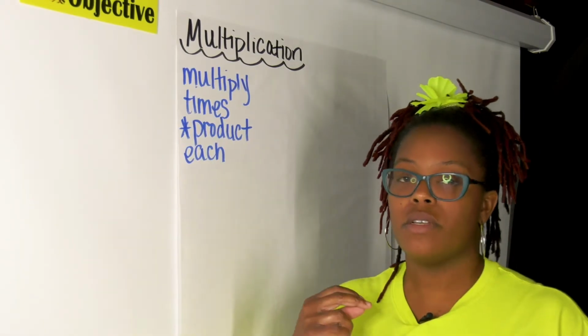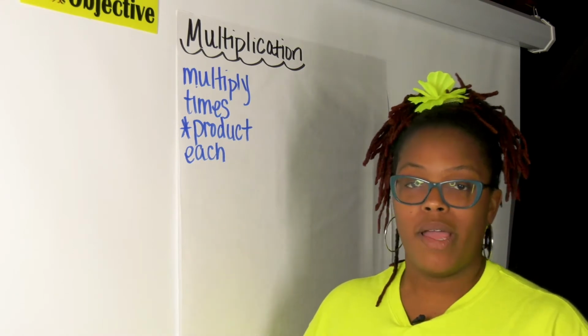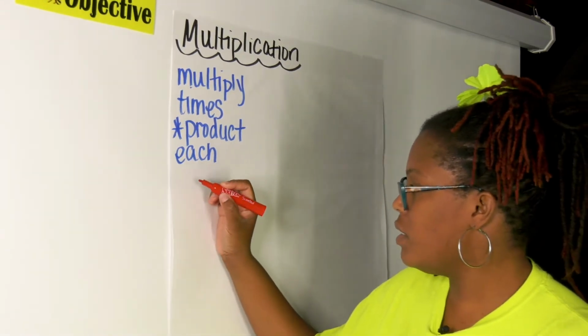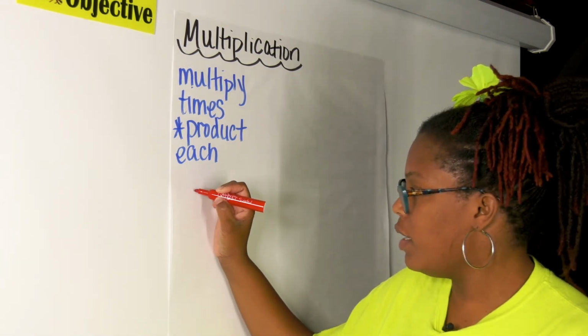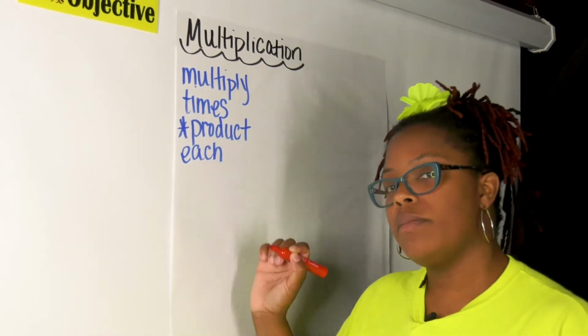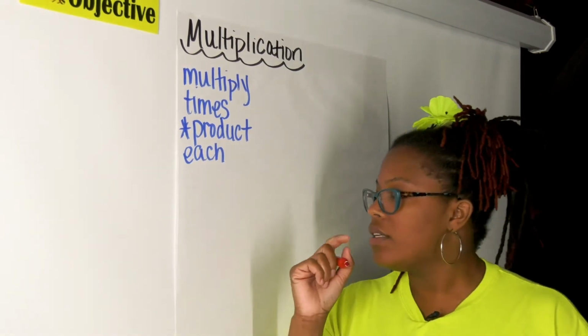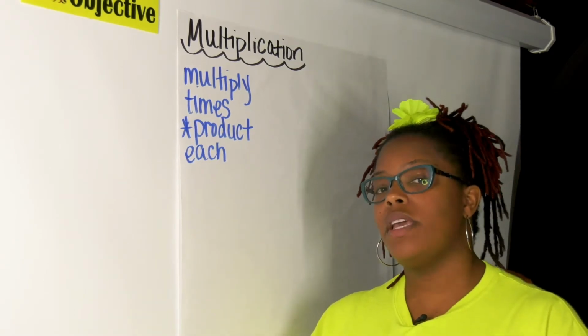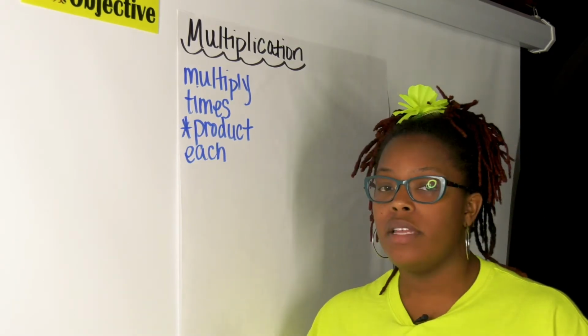That way it becomes so fluent when you see it, you don't have to think about it more than once. So we're going to practice multiplying 1 digit, 2 digit by 1 digit numbers, and then we're going to advance ourselves. All right, so I know that we did a little bit of multiplication last week, but this week we